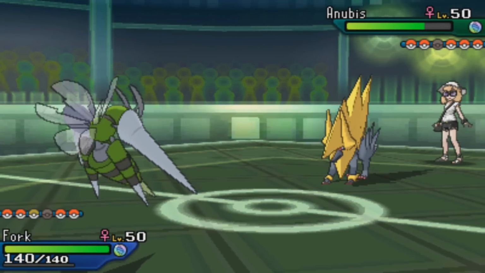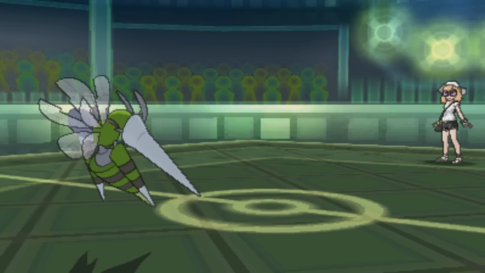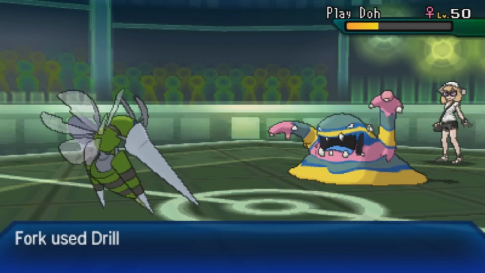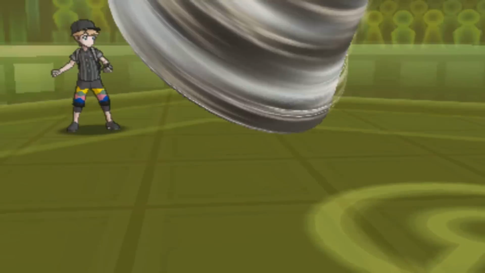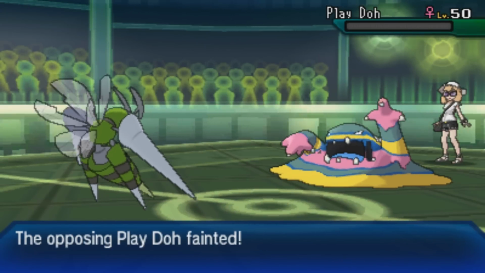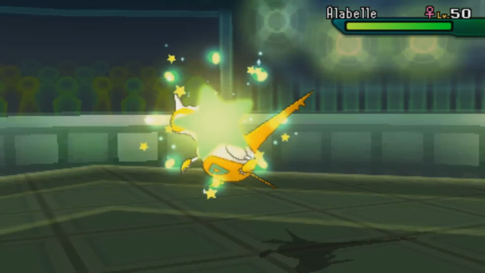Since I got a little bit of damage off on this thing, it looks like Drill Run will be able to take that thing out. Plus, I outspeed because I'm very fast, and he ends up just going into the Probopass here after the Stealth Rock. This thing probably wasn't going to do too much, so he goes ahead and sacks that thing off as Drill Run is going to go ahead and destroy that thing. So down goes the Probopass, and Beedrill is pretty much just ready to take some lives,